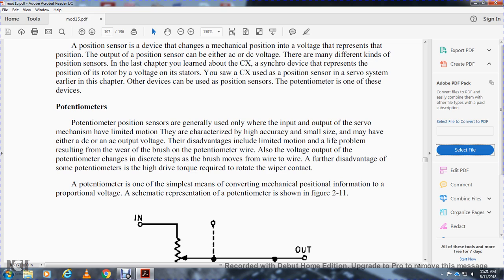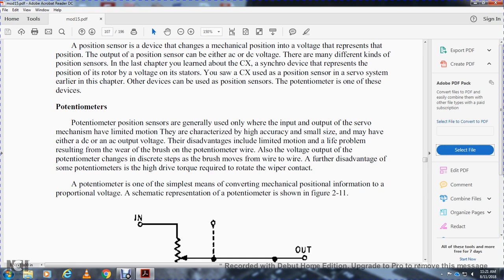Also, the voltage output of the potentiometer changes in discrete steps as the brush moves over the wire, turn to turn. A further disadvantage of the servo potentiometer is the high drive torque required to rotate the wiper contact. A potentiometer is one of the simplest means of converting mechanical position information into a proportional